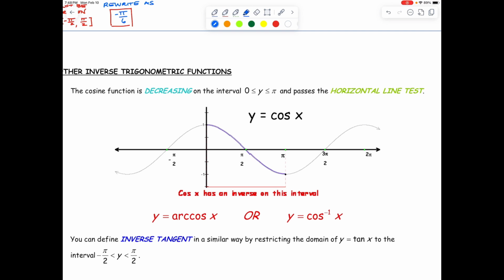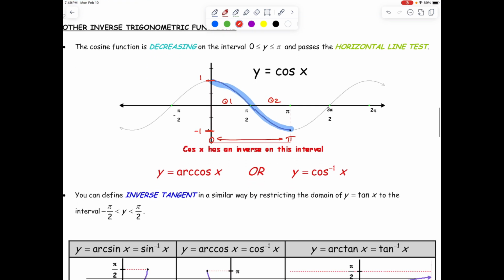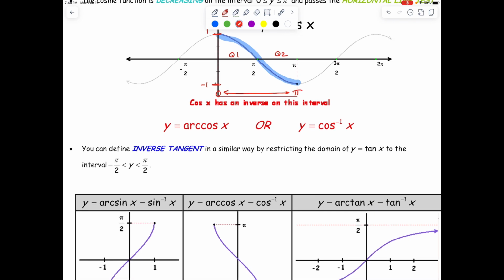Everybody is going to be on the same page if we restrict the domain from 0 to pi in this case, which would be quadrant 1 and quadrant 2. That gives us the full range of values from -1 to 1. And it will pass the horizontal line test and the vertical line test. So given that,